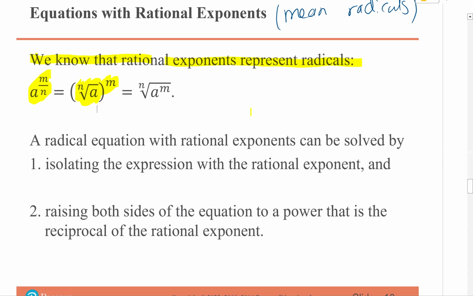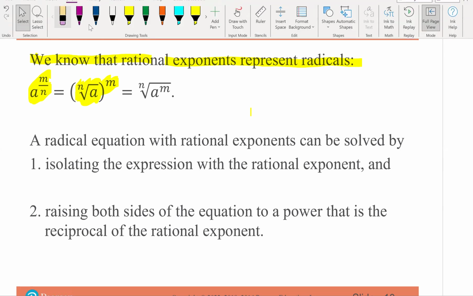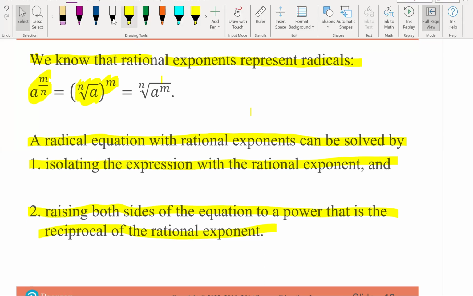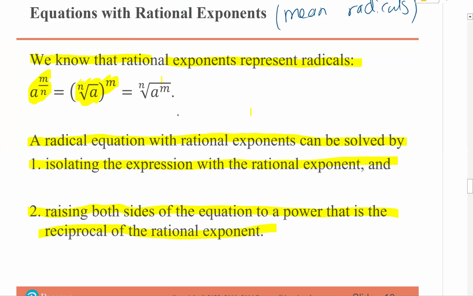So in the rare instance where you happen to be having to solve an equation with these types of guys in them, these would be the steps you would follow. A radical equation with rational exponents can be solved by first isolating the expression with the rational exponent. And then we're going to raise both sides of the equation to a power that is the reciprocal of the rational exponent. So maybe just to throw in a super simple one over here,